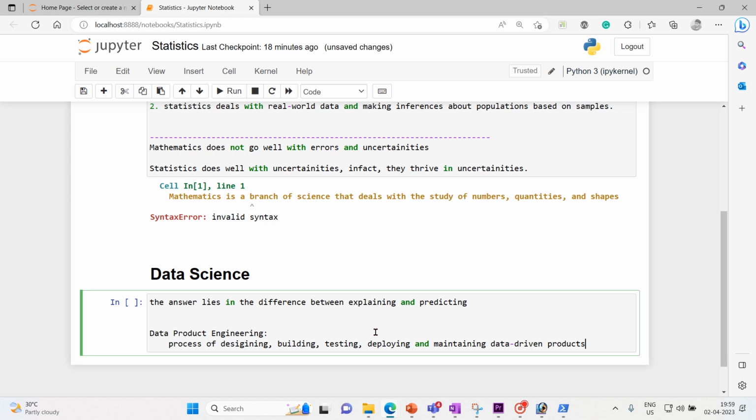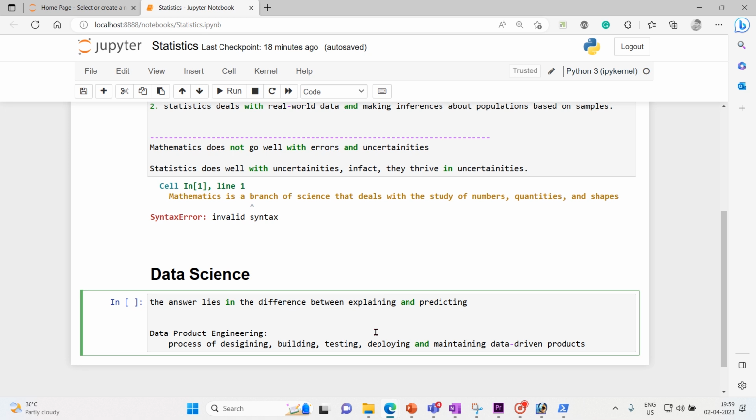It involves applying engineering principles and techniques to create products that leverage data to solve business problems, to provide value to customers, or maybe value to our company. It involves a combination of data analytics, software engineering, and machine learning techniques to develop data products such as a recommendation engine.